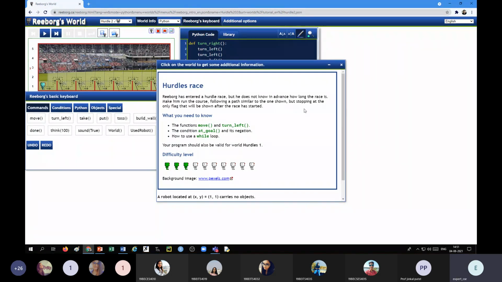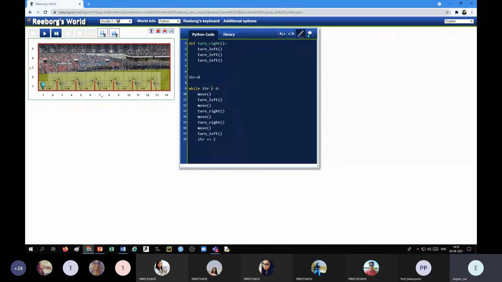So here what we can do, we can say while at goal. Okay, at goal is true when it touches the flag, but we should proceed when it does not touch the flag. So we can say while not at goal. Okay, no need of this now.